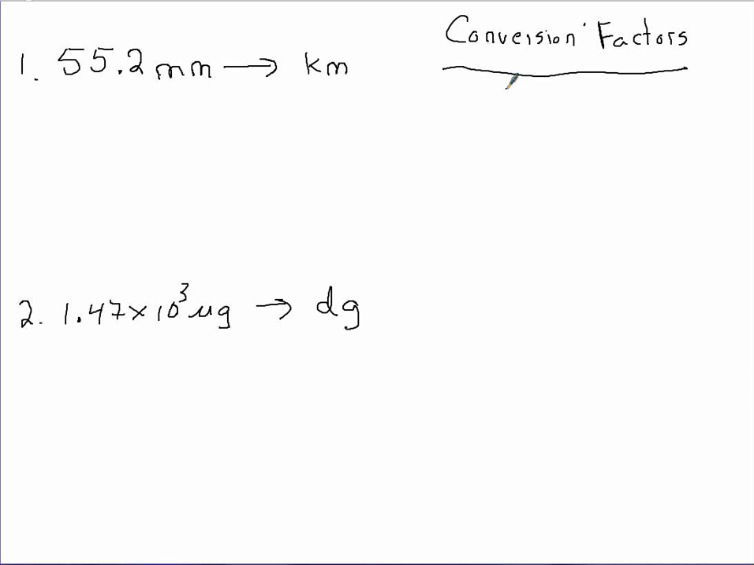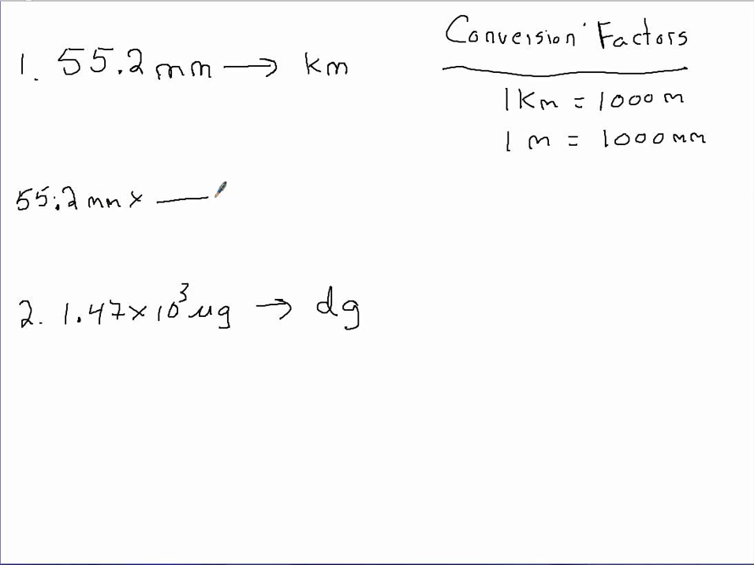So the first one we could write down is that 1 kilometer is equal to 1,000 meters. The second conversion factor we would write down is that 1 meter is equal to 1,000 millimeters. Okay, we're going to use both of these conversion factors in doing this. So we're going to start the problem by simply saying 55.2 millimeters